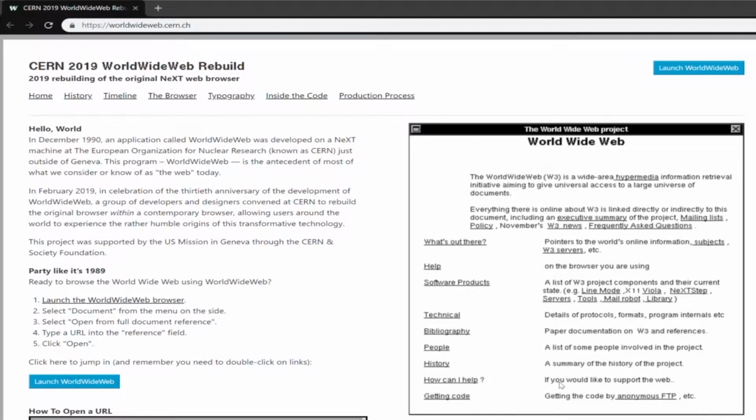As a way of celebrating this, the guys over at CERN had a week-long hackathon to recreate the very first World Wide Web browser, called World Wide Web. Yes, I know. These guys absolutely nailed it with their product naming. In the interests of science, and also good user experience and user interface and all of that sort of stuff,